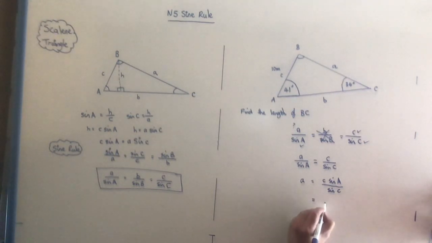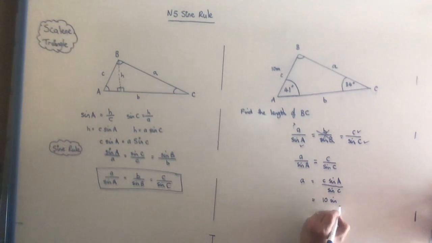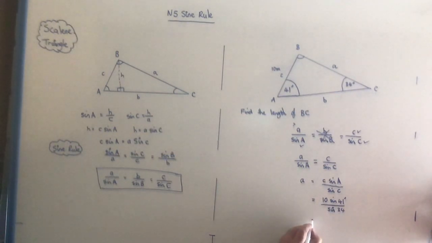Plug in my numbers. Well, what's my C? My C is 10, and my sine A, when angle A is 41 degrees, all over sine of the angle at C, which is 34. And all I have to do now is plug in my numbers, and whatever that comes to, that's my answer. So I'm using my calculator here, and I'm going to come up with my value, and it comes to